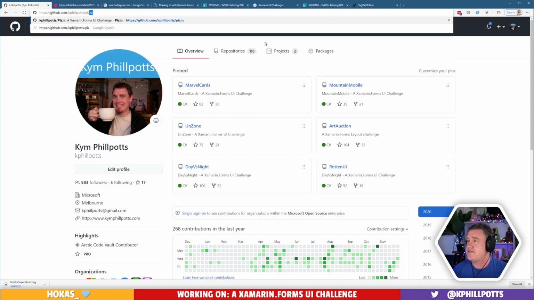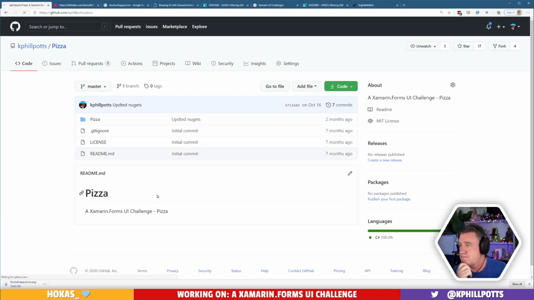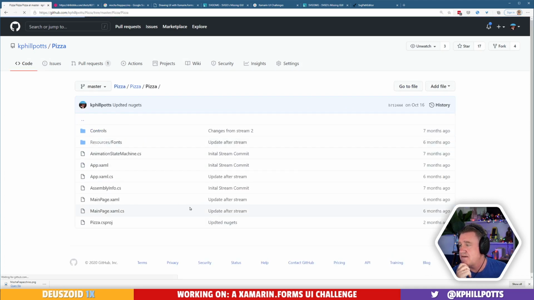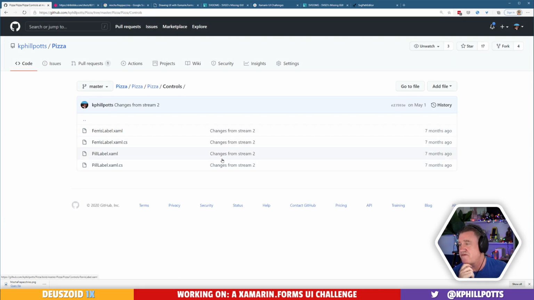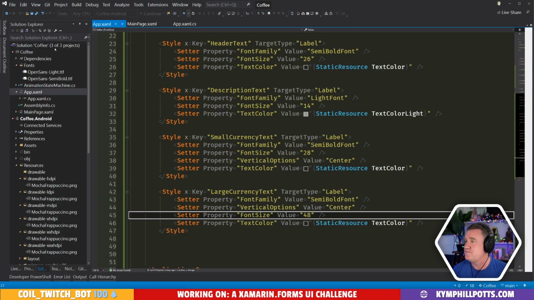So that was in our pizza one. We created this little control, it's got a really bad name, called a Ferris label. So I'm going to steal a bit of code from there and see if we can use it.